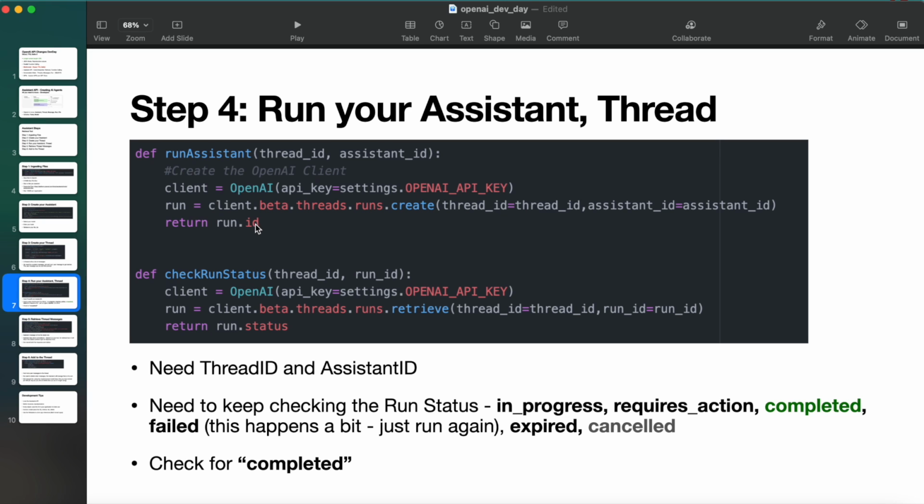Why do you need to keep track of your run ID? Because you're going to need the run ID to query the run status in the future. The current run status might be queued or whatever. You're not going to have the answer now. The run status is going to keep changing and get updated. If the API is busy, it might be queued for longer than other instances. If the API is not busy, it might go immediately into running and then you get your response. But it's not going to be immediate when you send it. So the initial run status will never be completed. You need to wait a little bit and then query the run status again, which means you need to have the run ID so you can use it to query the status